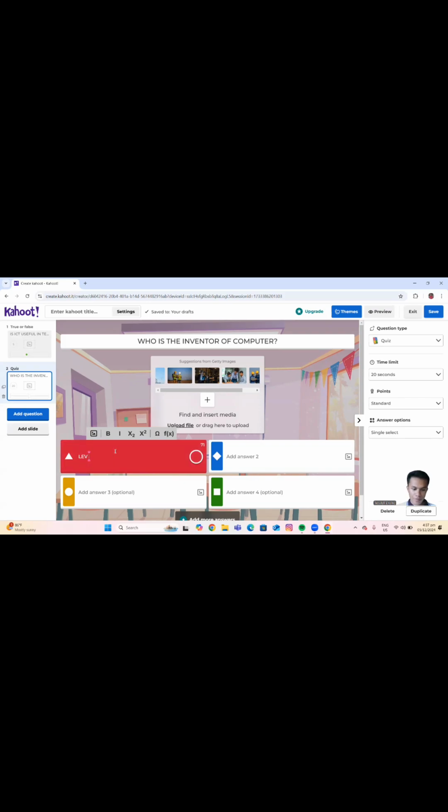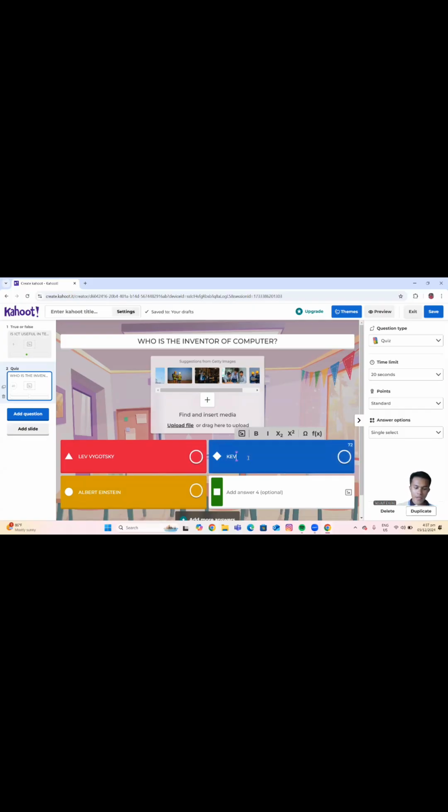Lev Vygotsky. The first choice is Vygotsky. Second is Albert Einstein. Is it Albert Einstein? For the third, or Kevin Bacon?